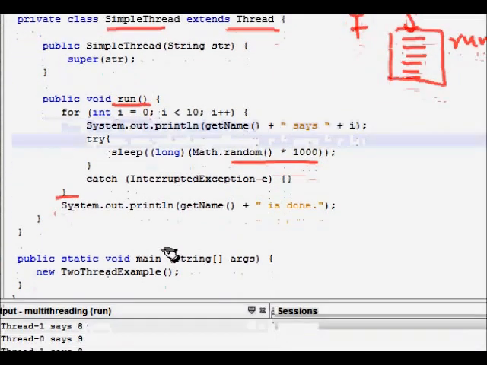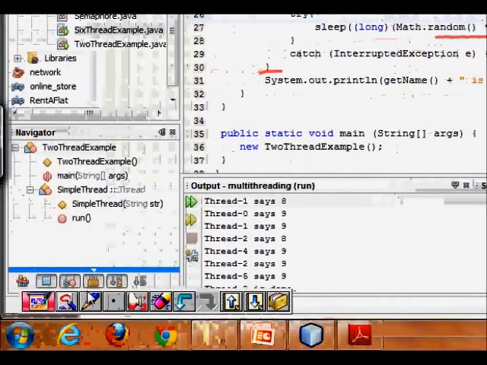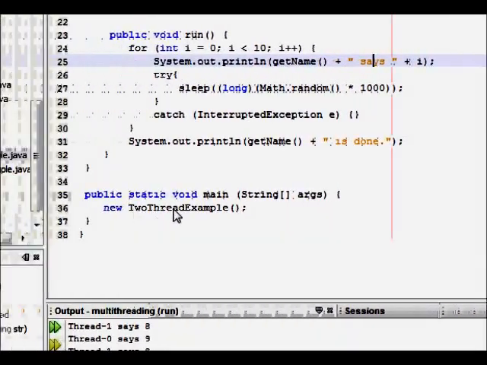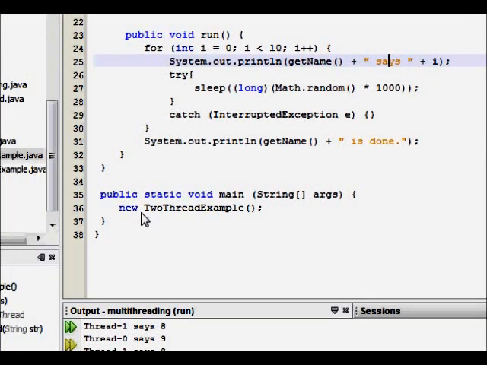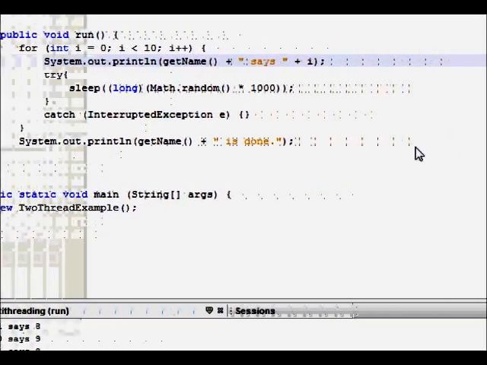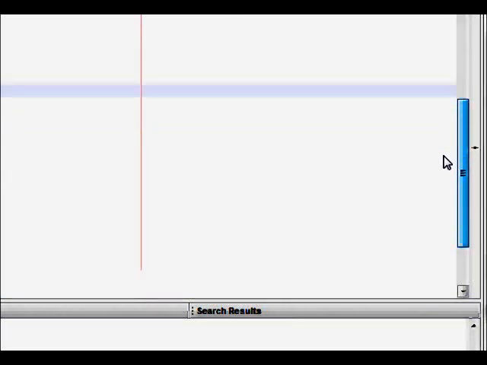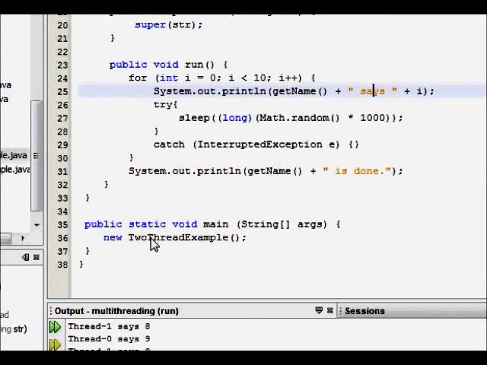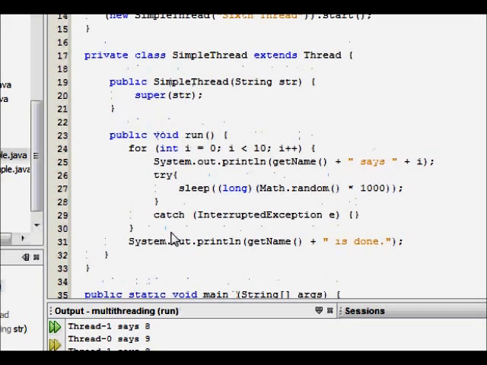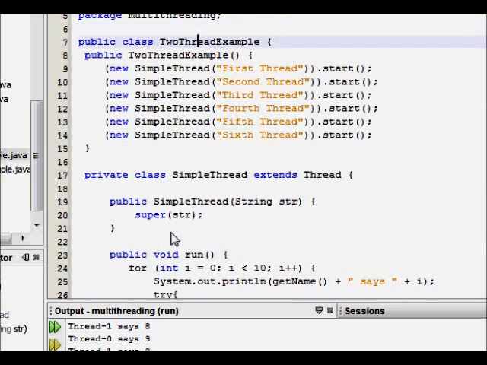Now we start the threads. We start the new two thread example. Here we have the constructor, public two thread example.